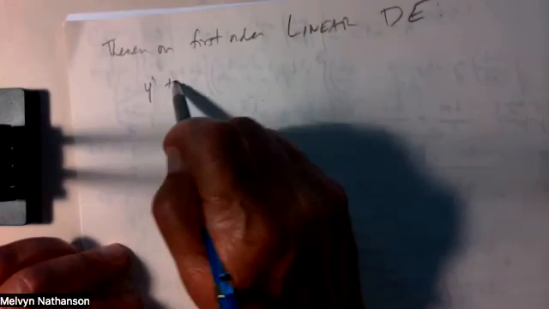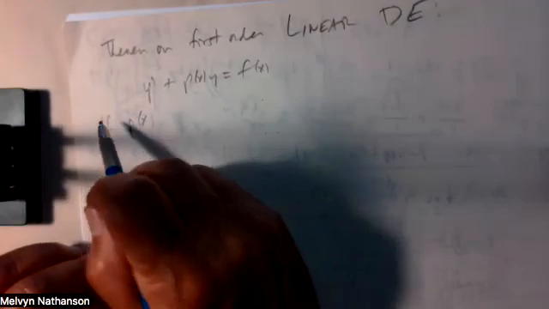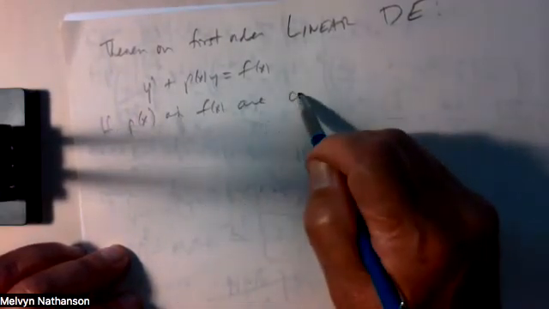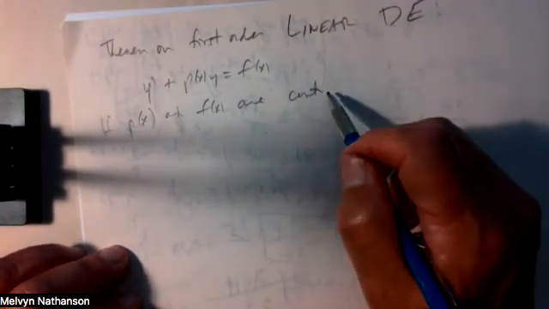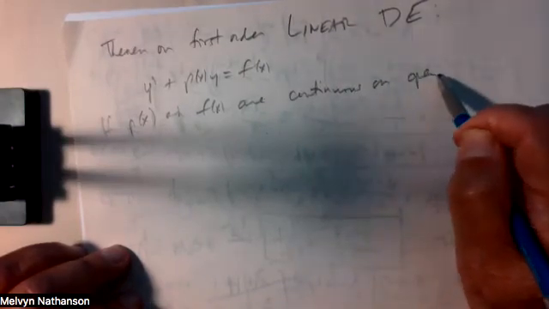That's a differential equation of the form y prime plus p of x times y equals f of x. And the theorem says that if p of x and f of x are continuous on an open interval (a, b),